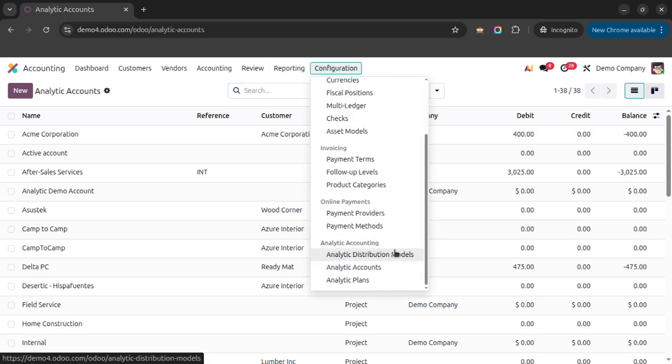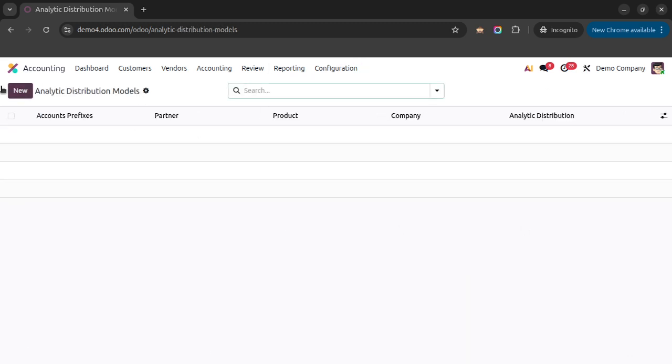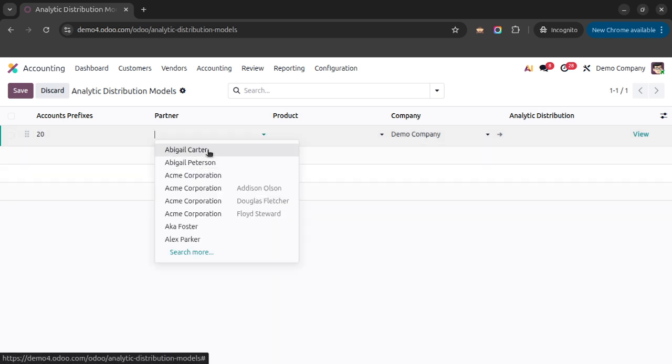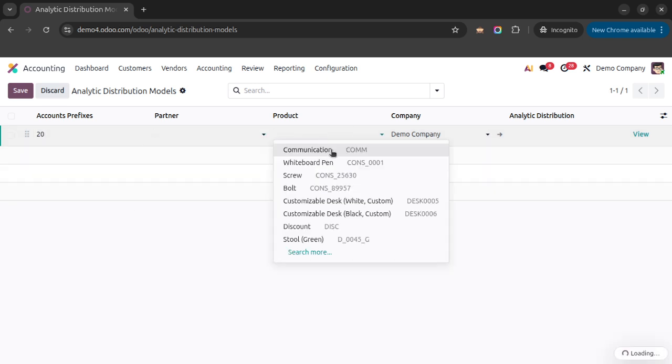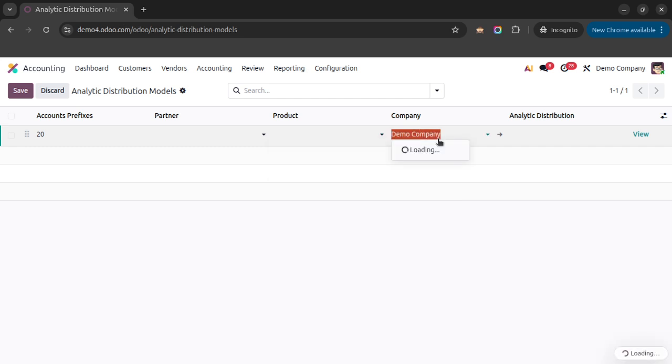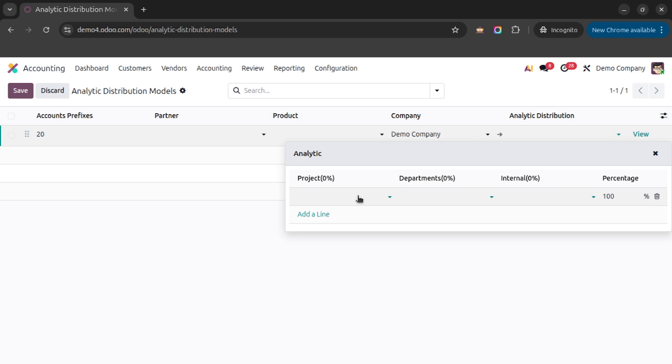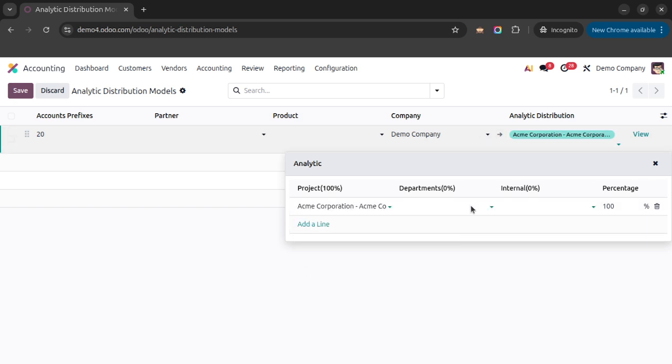Now after this there is one more, the analytic distribution model. Here we can select for which account prefix this should be applied. For example 20, for which partner it should be applied, for which product this should be applied, for which company it should be applied, and the analytic distribution means for how much quantity or in how much percentage it should be divided. For example, if we select this project,